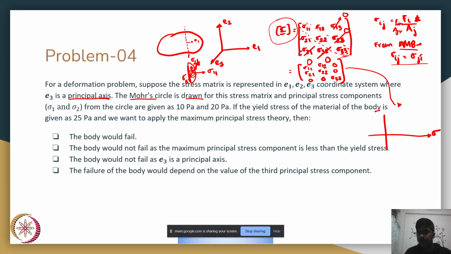Mohr circle is drawn. So you have sigma and tau. Tau is the shear stress. I should write this as tau rather. Tau is the correct notation. Tau 1 2 and tau 2 1. And suppose this is,